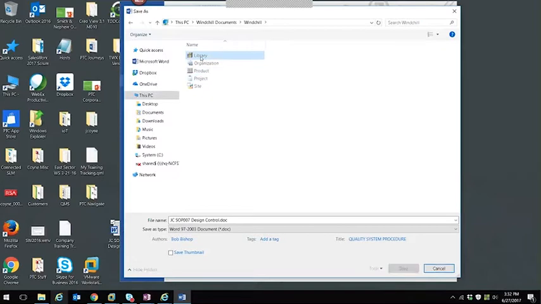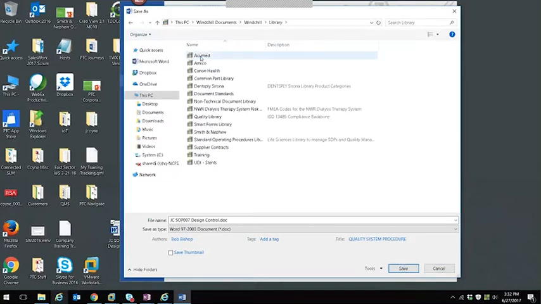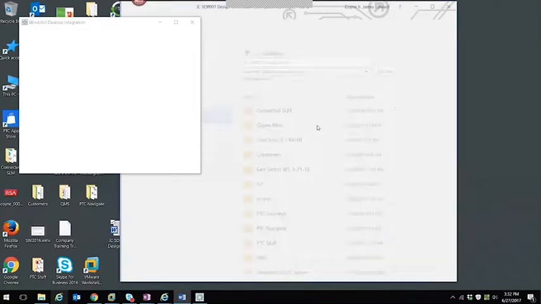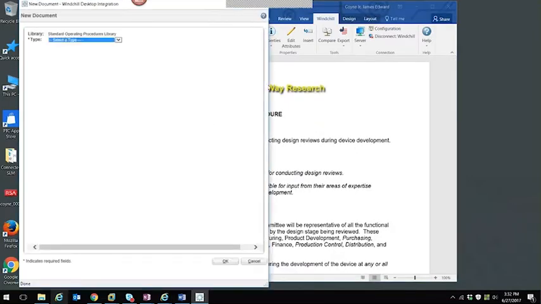So I'm going to put it in a library. I have a number of different libraries set up here because I'm going to consider it a standard operating procedure, so I'm going to put it in my standard operating procedures library. I have a couple of subfolders in that library if I want to put it in there. I'm just going to leave it at the top level for now, and let's give it a name and a number. And as I select Save here, I'm going to see that I now have a Windchill